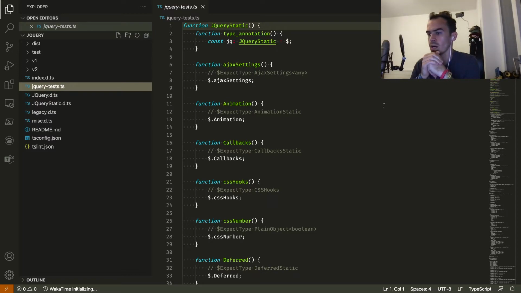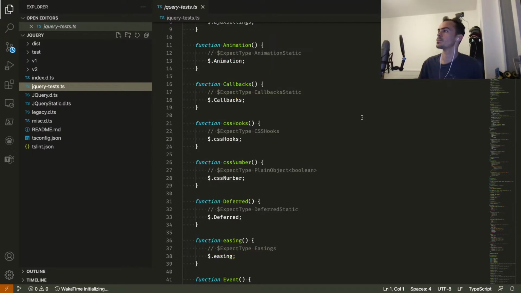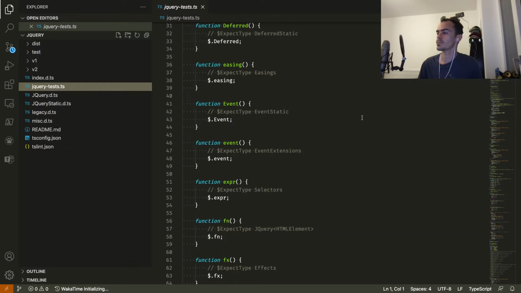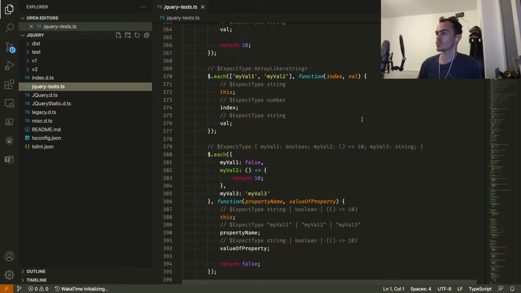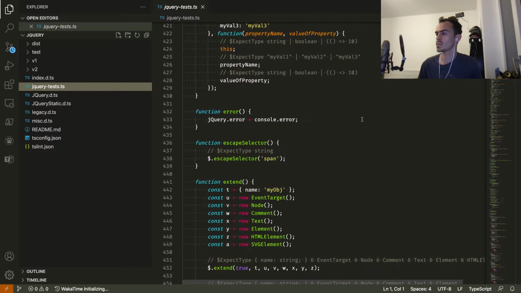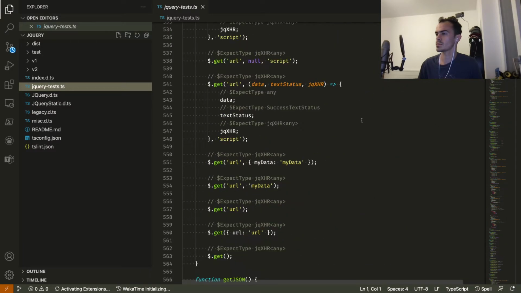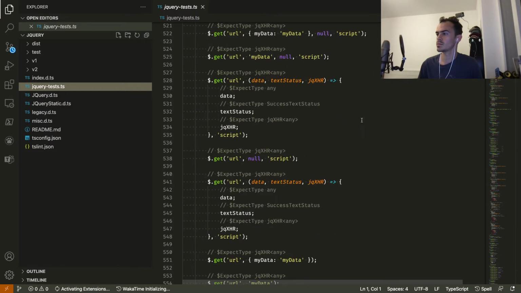That's gonna take a while. The editor's gotta wake up, do the type check. Unless it really is. Yeah, here it goes.